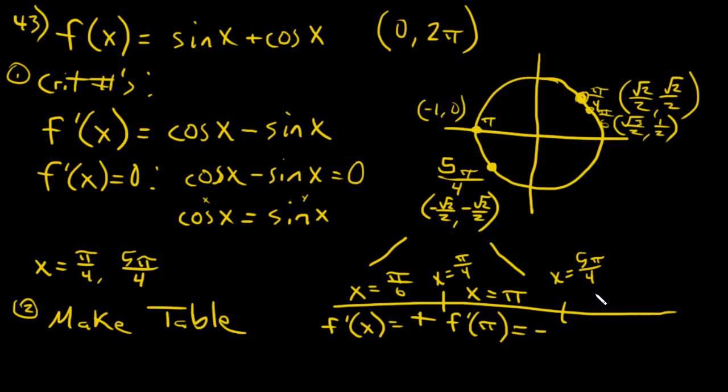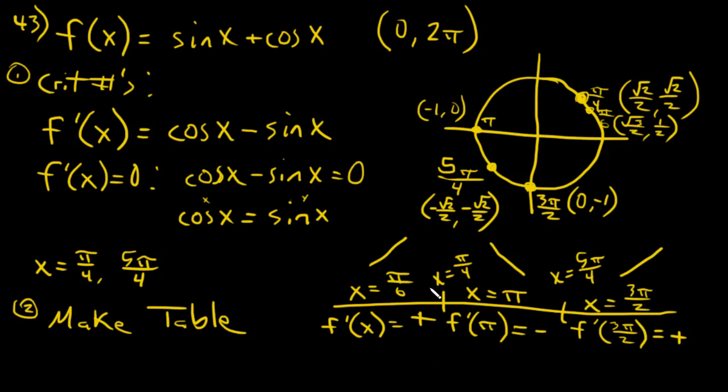Now let's go for the third one. Third one, I need a value greater than 5 pi over 4. How about, nice one right here. This is going to be 3 pi over 2. And that one has a value of 0, negative 1. So at x equals 3 pi over 2, I feed that into my f prime. So f prime of 3 pi over 2 is going to be the x value, 0, minus negative 1, so positive 1, which is positive, which means that we have increasing behavior where the slope is up. Alrighty,